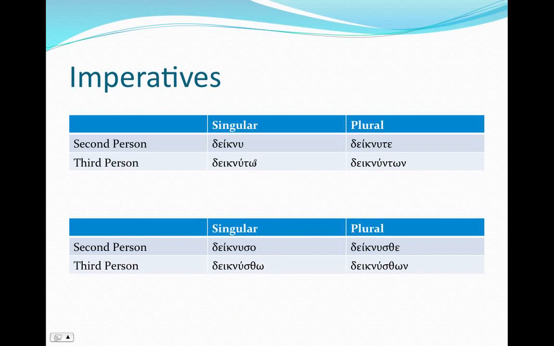What about imperatives? Well, the imperatives are going to have your regular imperative endings, just like you learned a few weeks ago. But we're just going to add the endings right on to the stem. So δείκνυ, δεικνύτω, in the singular, so show, or let him show. And in the plural, δείκνυτε, and δεικνύντων. You'll see these endings are exactly what you learned before. They just lack that theme vowel. And in the middle and passive,